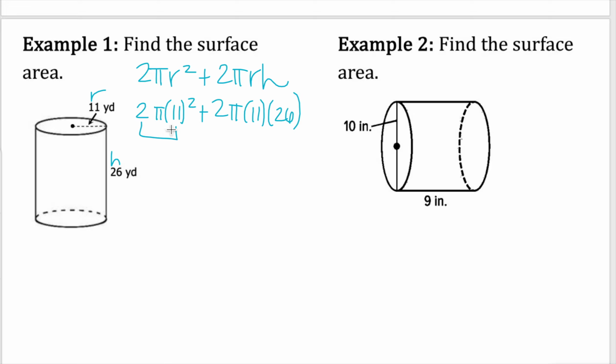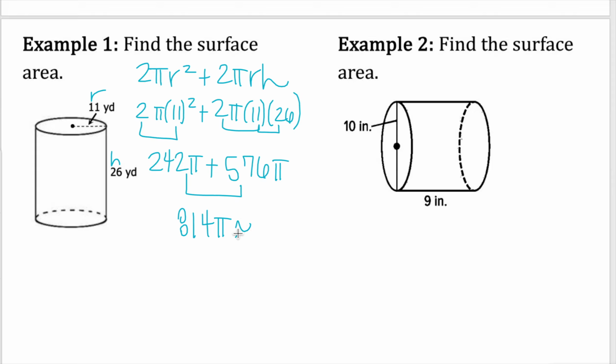So I'm going to do 121 times 2, which is 242 pi. And then 11 times 26 times 2 gives me 572 pi. I'm going to add these together, so I'm going to get 814 pi. And then I'm going to take 814 and multiply by the pi button, and I'm going to get about